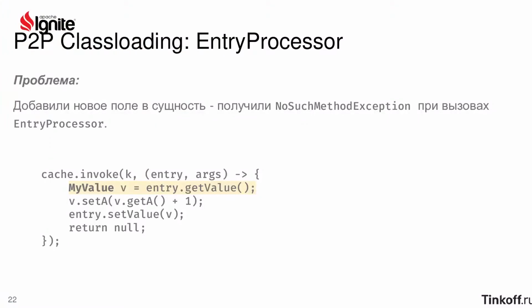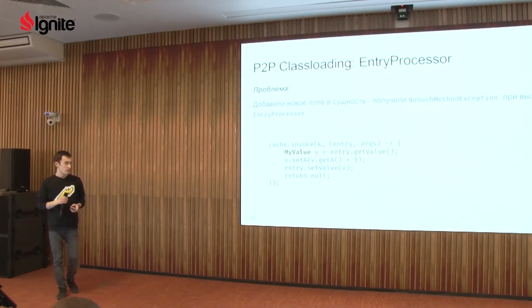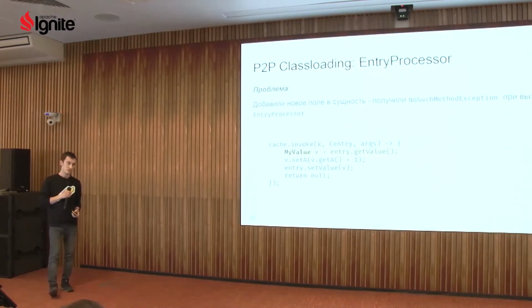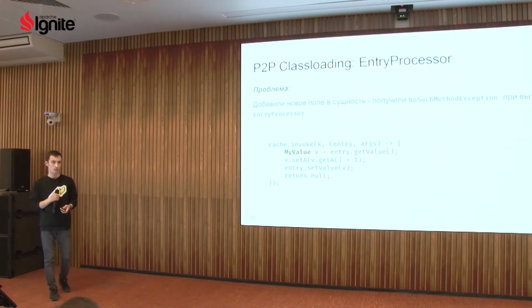The next problem is the peculiarity of how the entry processor works. We added a new field to an entity. The binary object format lets us do it. We didn't face any limitations initially. We tried to deploy this code into production and caught a NoSuchMethodException. After our investigation, we found out that entity classes on server and client nodes aren't the same. It means that the client has the new version of the entity with new methods and fields, but servers don't have any of those.